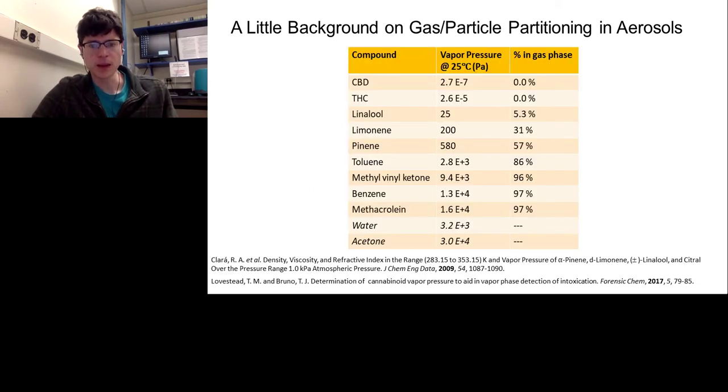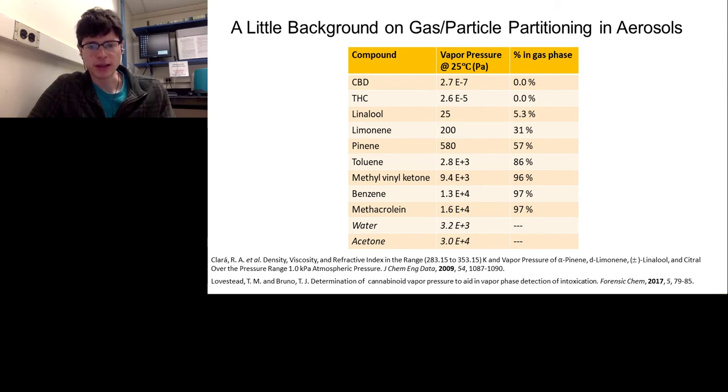So, what's the consequence of this? Well, the aerosol from vaping cannabis is going to have a lot of components in it. I don't want to say an extremely large amount of components compared to cannabis smoke, which is going to have many more. But if you have a vape pen that has like 90% THC and 10% terpenes, that aerosol is going to be like 90% just those components, right? The THC, because it has a very low vapor pressure, is going to be entirely in the particle phase